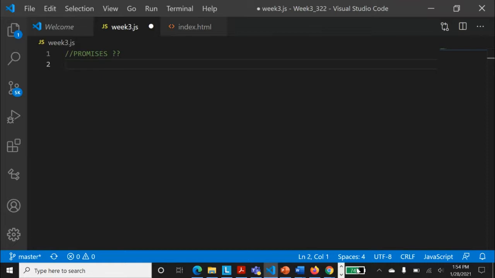In our real world, when we promise something, what is the promise? That I will either... Okay, so you had observables and promises in Angular. That's right, you would have heard of promises in Angular. So it's something like real life. When we make a promise to someone, either we fulfill it or we don't. These are the two options that we have.